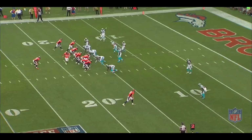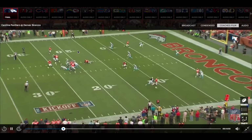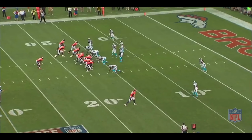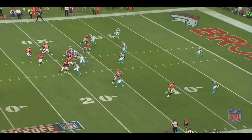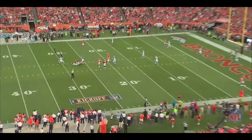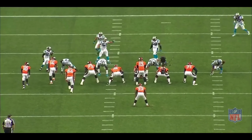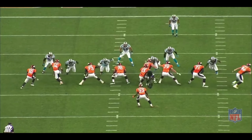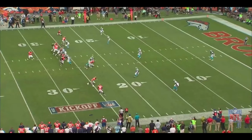And the guard there just gets completely beat by Carolina's, I think it was Kawan Short that went in and made a tremendous play, and that's not a surprise because Kawan Short is incredible. Look at how fast Short is getting the sack. Kawan Short's one of the best players in all of football. It actually might have been Mario Addison getting in there. Well, actually, it's oh